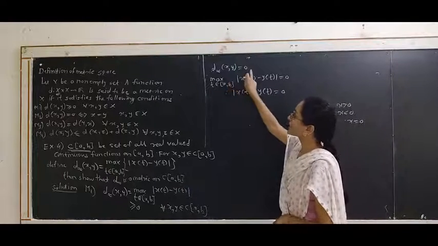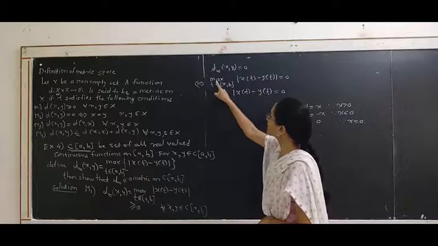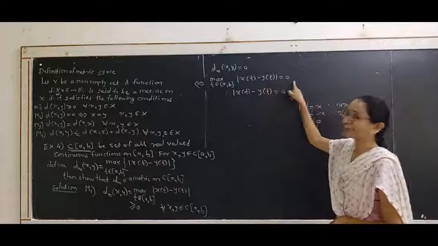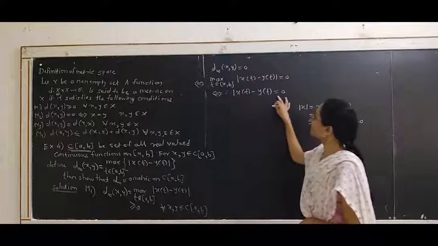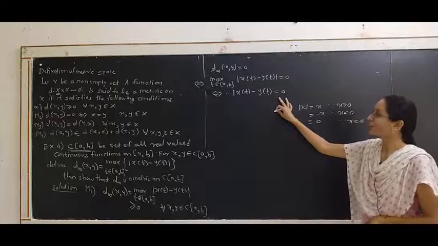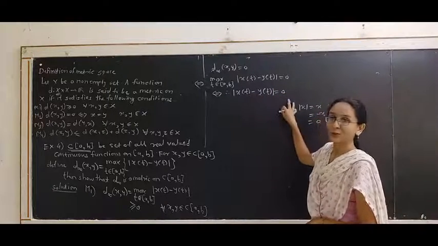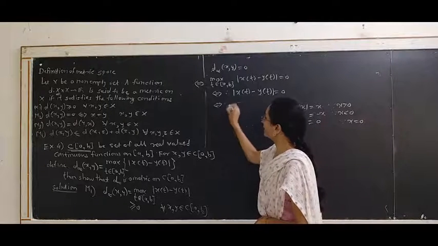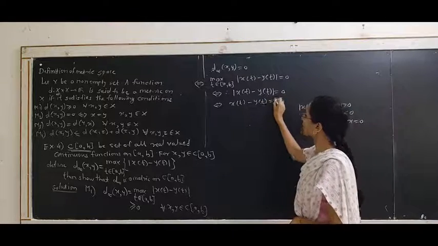This d infinity(x,y) is equal to 0 if and only if the maximum of |x(t) minus y(t)| is 0, if and only if this mod is 0, meaning this quantity x(t) minus y(t) is equal to 0,